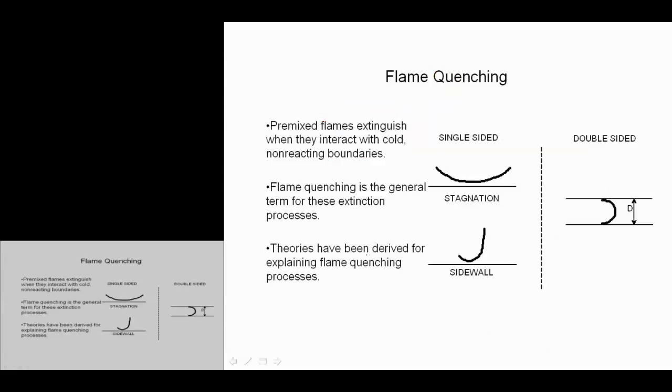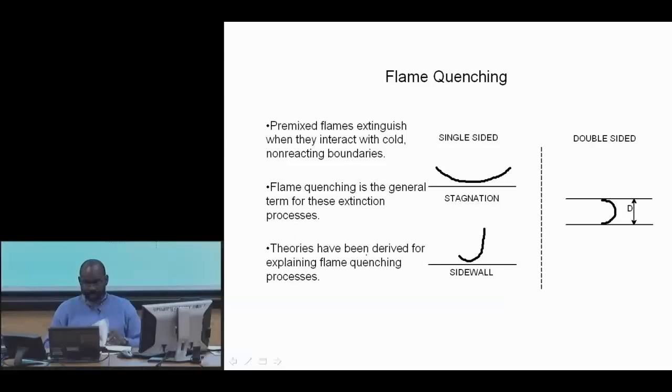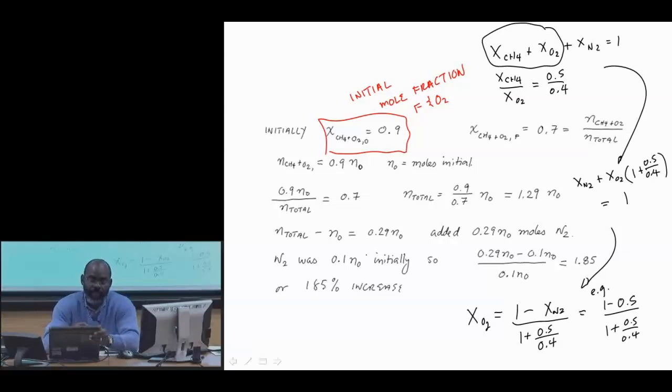Really quickly, I'm going to go over flame quenching. So what we talked about is flammability limits. We understand the flammability limits set the overall extent of which a mixture is flammable. I cheated you. I didn't tell you anything about rich flammability limits. And so rich flammability limits are a problem. The reason it's a problem is because we don't really know what the composition is going to be in the rich regime. And so for rich flammability limits, a correlation